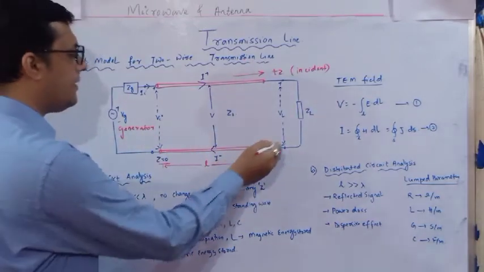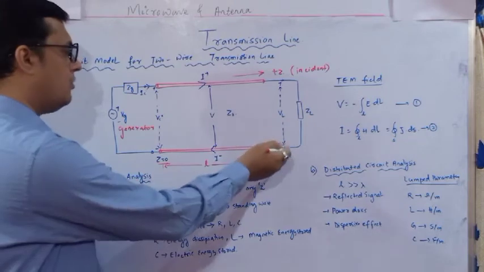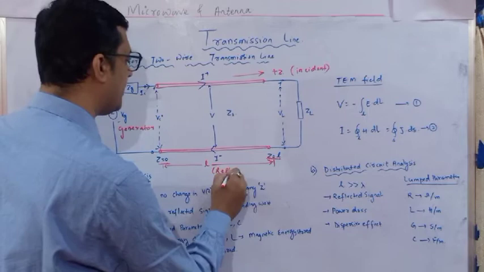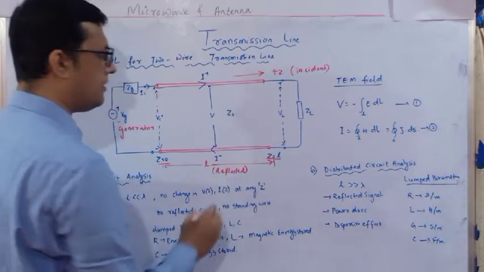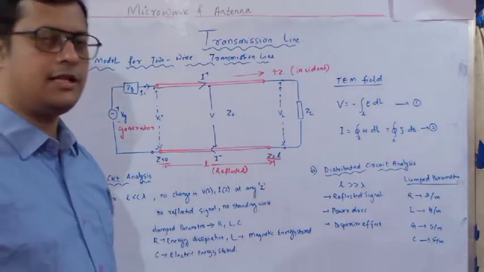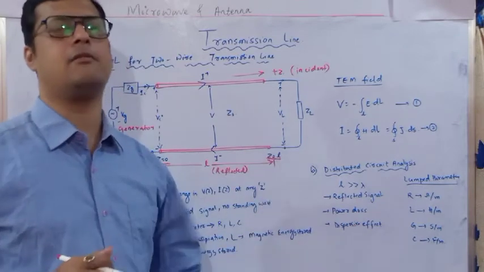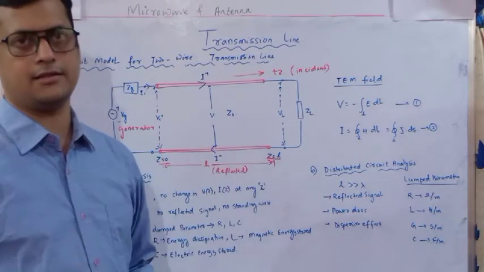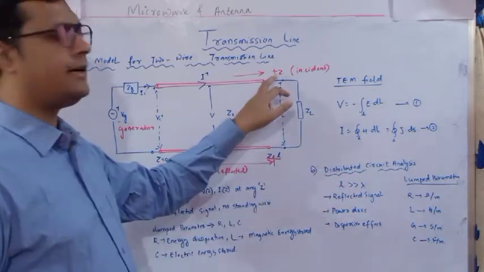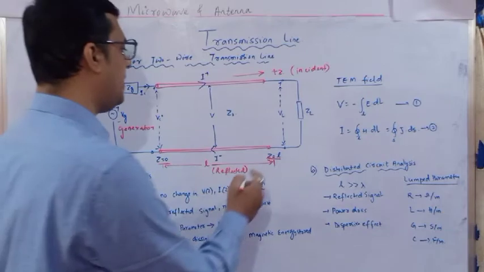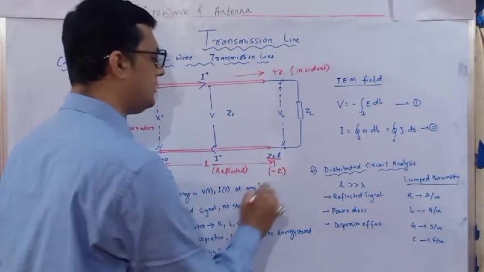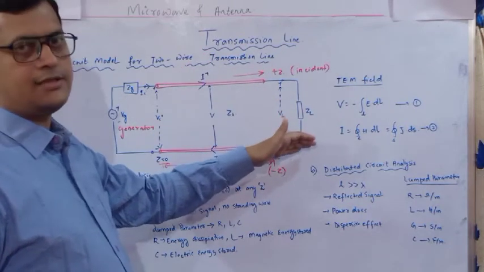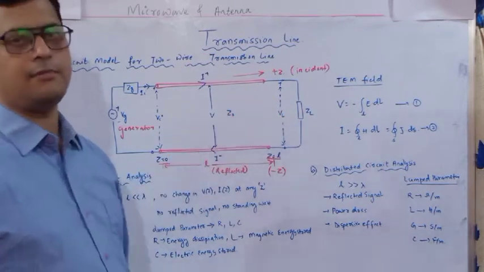Similarly, when the current returns back to the generator end from the load, I will call this current the reflected current, because this term plays a vital role. It indicates the direction of the wave propagating, in the positive direction or the reverse direction. If it is positive, I will identify it as plus Z. If it is reflected, I will identify it as the minus Z direction. And when the current crosses through this ZL, the output potential we measure is VL.